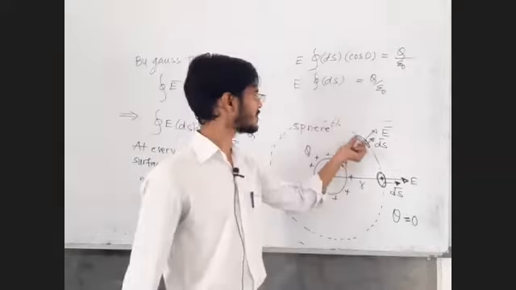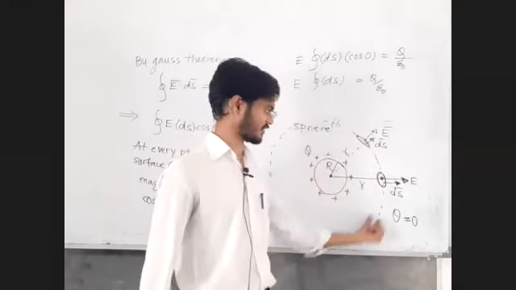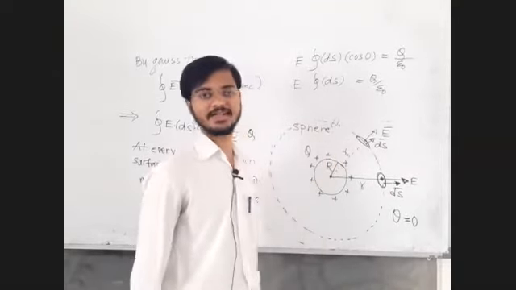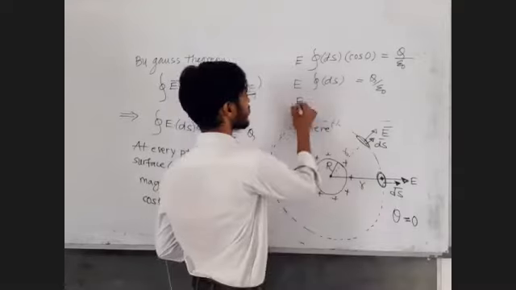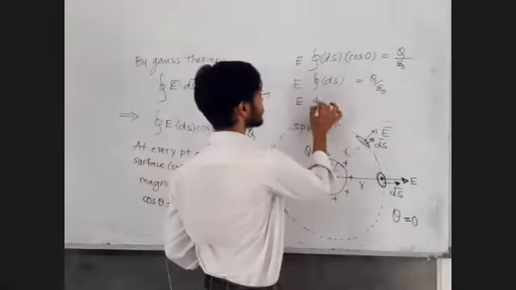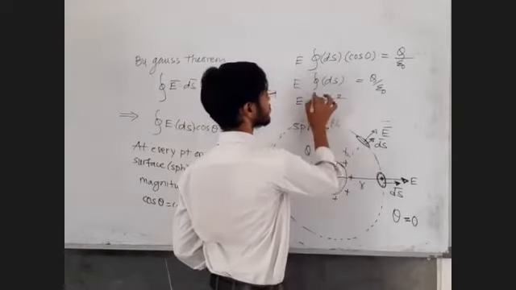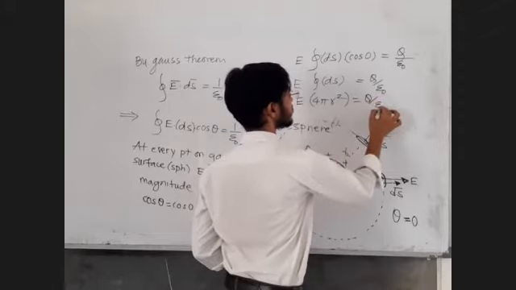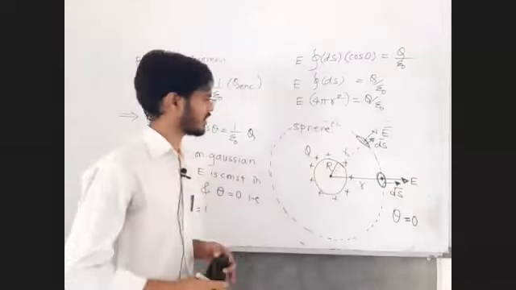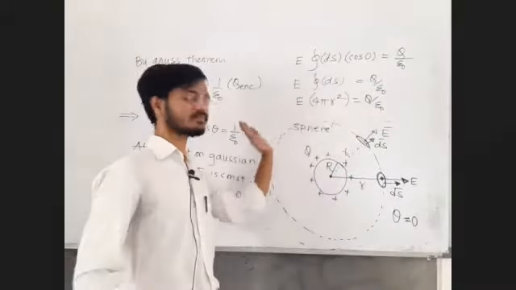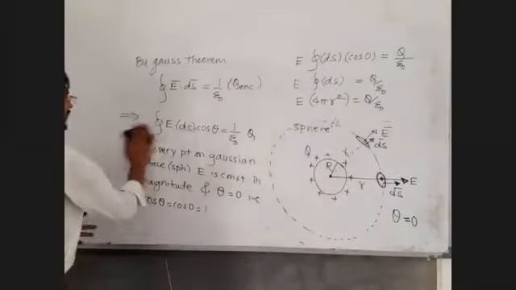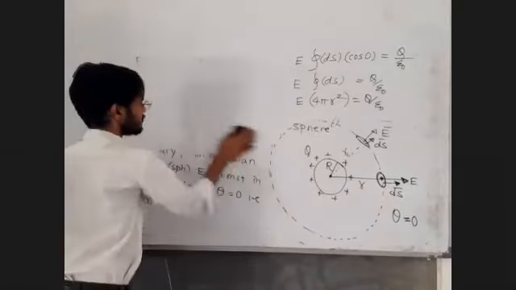It's the addition of all such small areas on the surface of the Gaussian surface. The Gaussian surface is right now a Gaussian sphere, so the sphere has surface area 4 pi r square, with small r. Integration over the Gaussian surface. Guys, what is it that we want? We want the electric field intensity, the magnitude. The direction we already know, away from the center. It's the magnitude that we want. What is that? Next step.